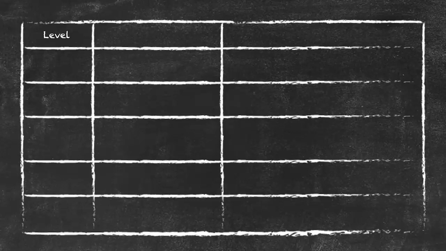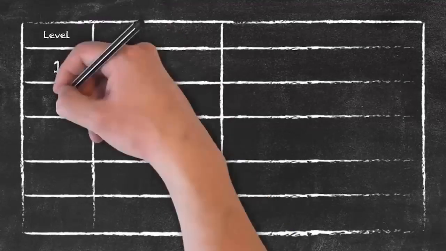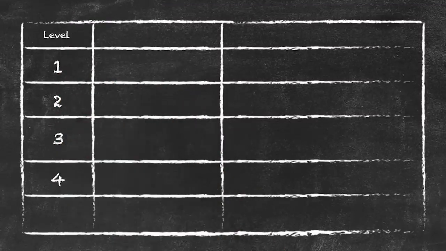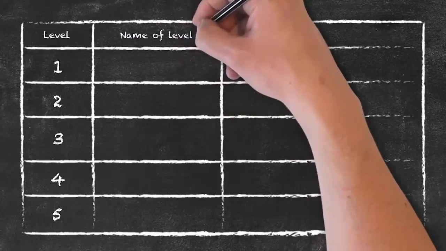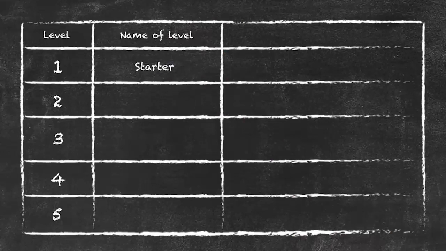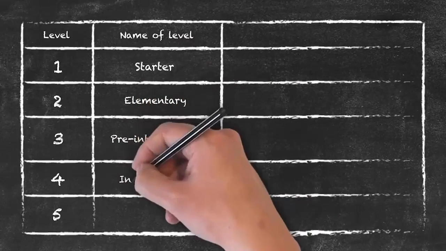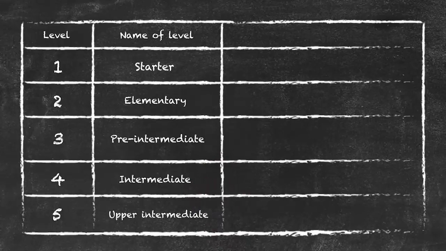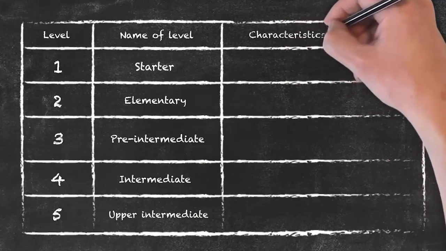Assuming that your class is not a mixed ability class, and more about that later, then your students will have had some form of level test to put them into one type of category. And typically, there are 5 different levels of grouping. Some common names that are given to these particular levels: Level 1, the most basic level, is called the starter group. Moving on from that, elementary. The next level beyond that, level 3, the pre-intermediates, and then on to 4, the intermediates, and the top level, the upper intermediates. What we can put here is some general characteristics of those learners.